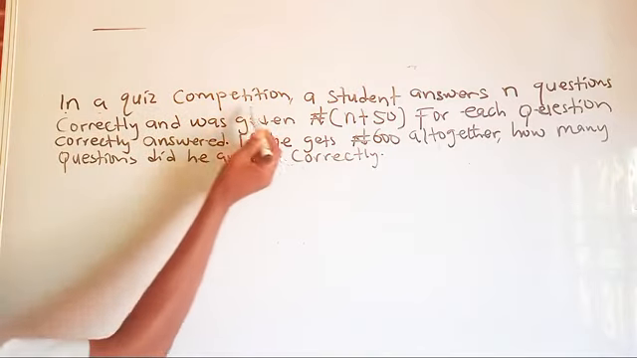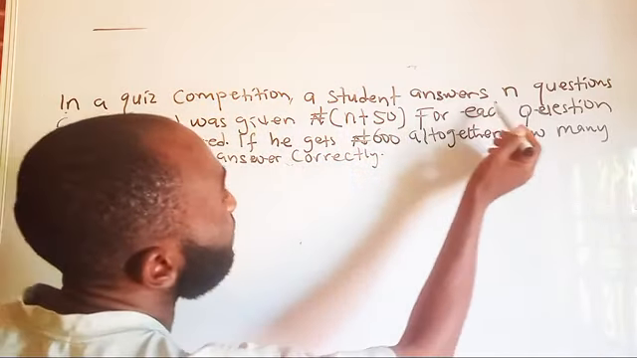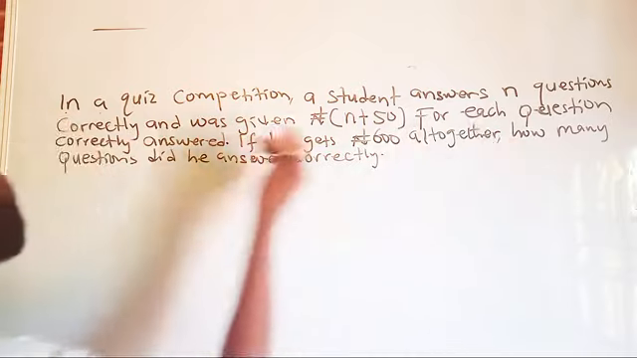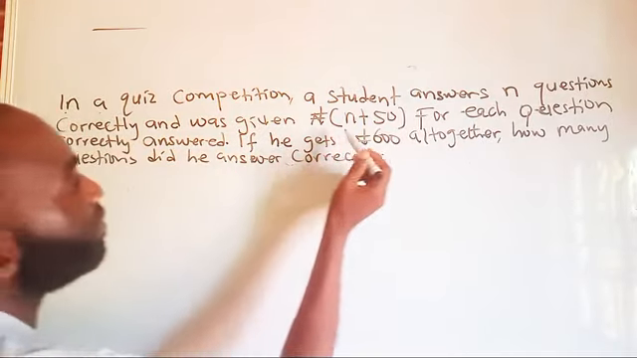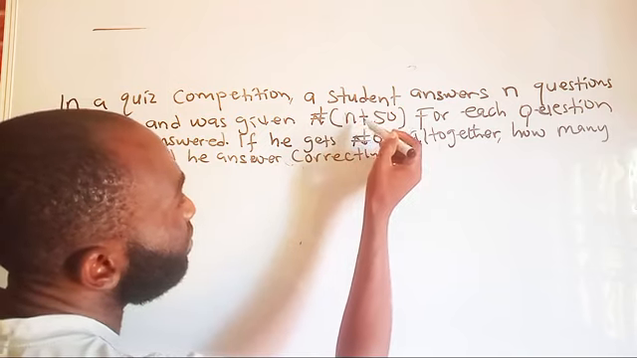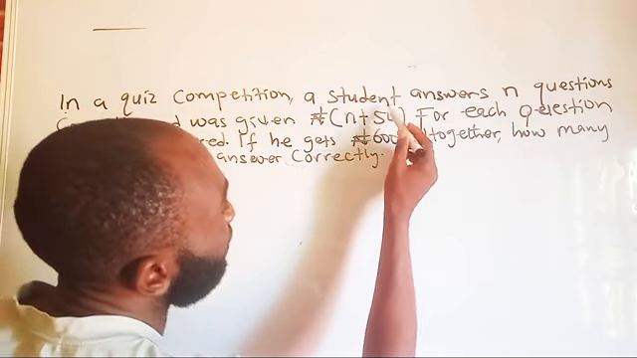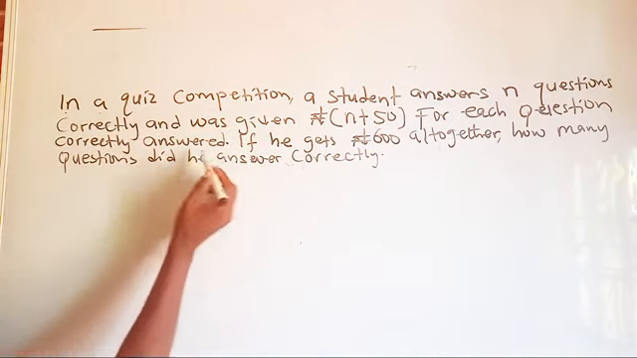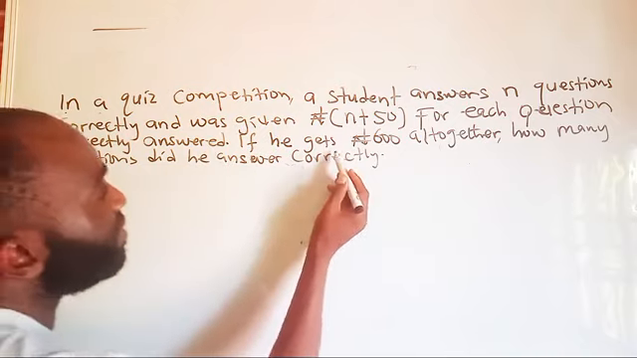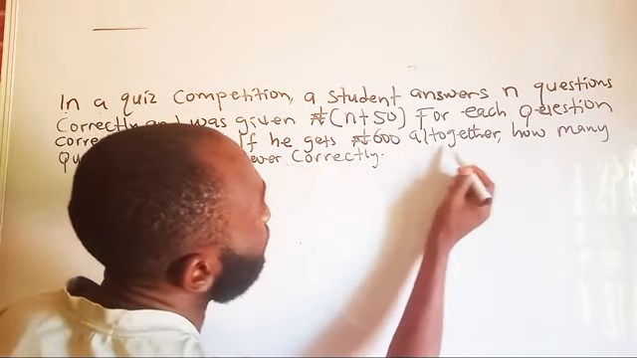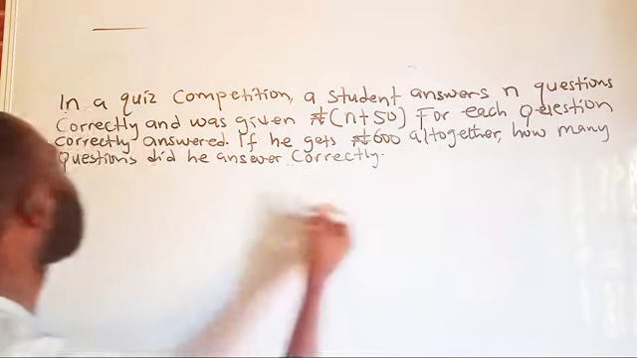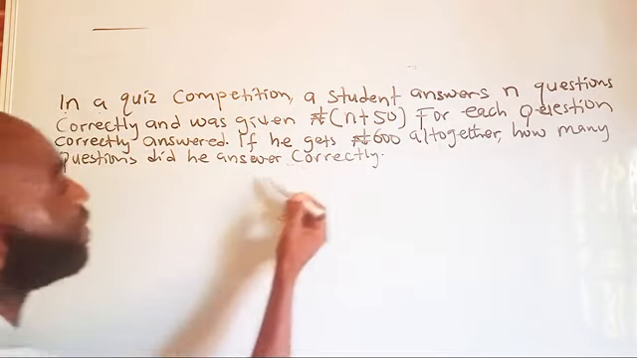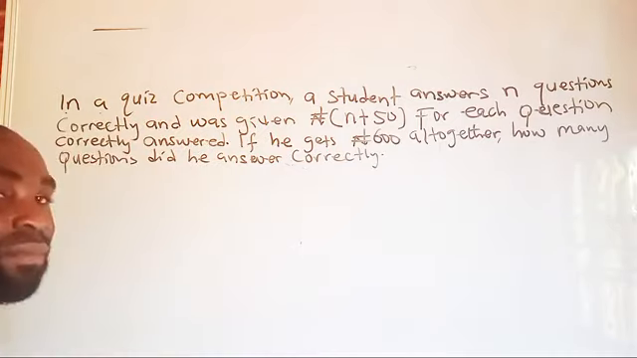In a quiz competition, a student answered n questions correctly and was given n, so bracket open, n plus 50 bracket close for each question correctly answered. If he gets 600 naira altogether, how many questions did he answer correctly? So now,